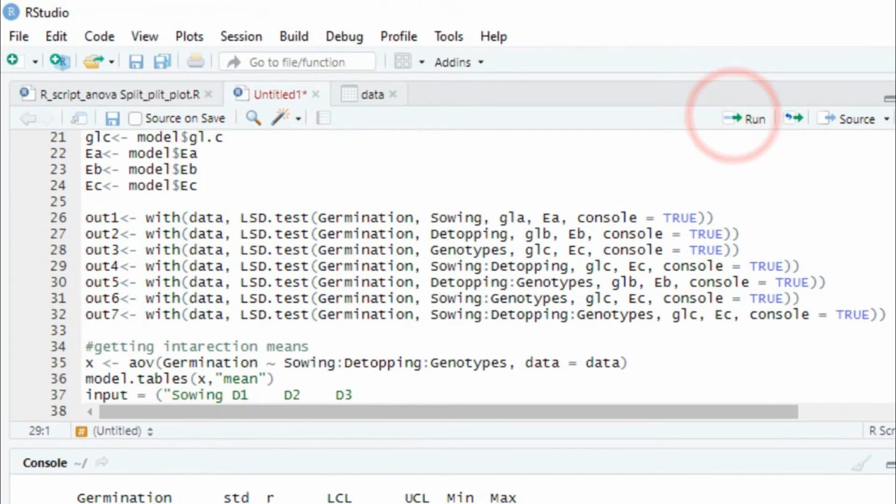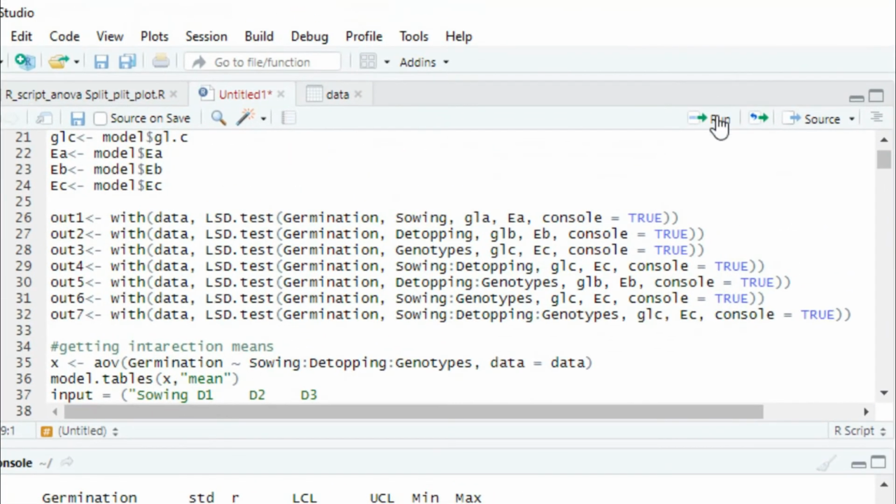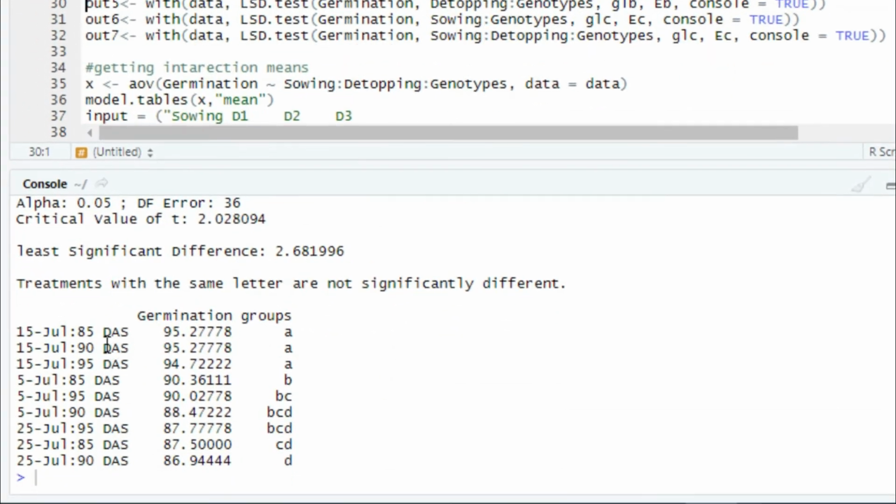Third, genotypes, treatment, germination mean value and the homogeneous group. Fourth, swing time and detopping interaction, germination mean value and the homogeneous group.